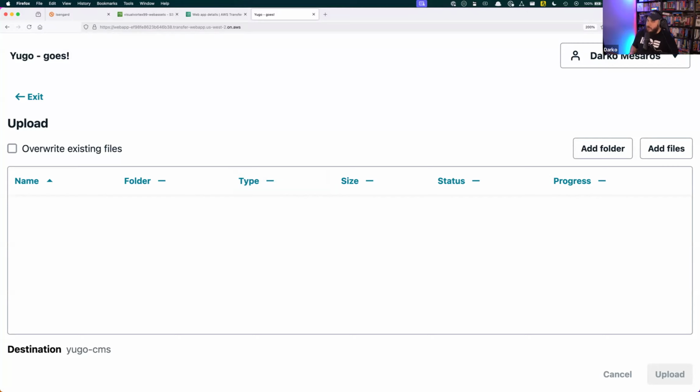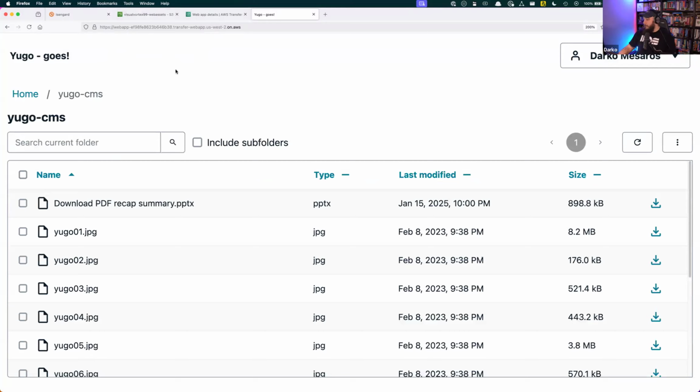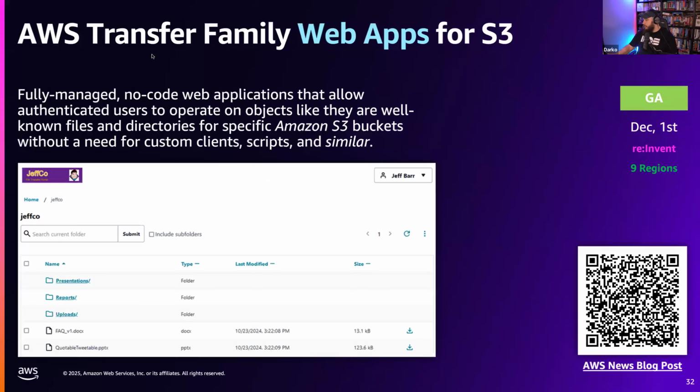And I'm not sure if you want to do that. I don't think you should allow people from the rest of the world to upload files to a random bucket. So yeah, it has to be a user. Again, it can be as simple as, imagine if I wanted to give you folks in the chat the ability to upload files here, I would give you a username and just register your email here, and you would be able to upload stuff here, which is really, really cool. Awesome. Moving on.